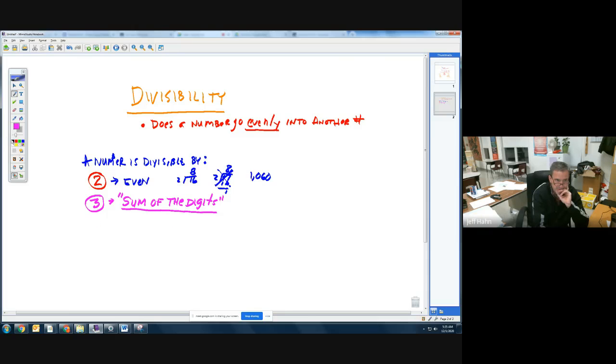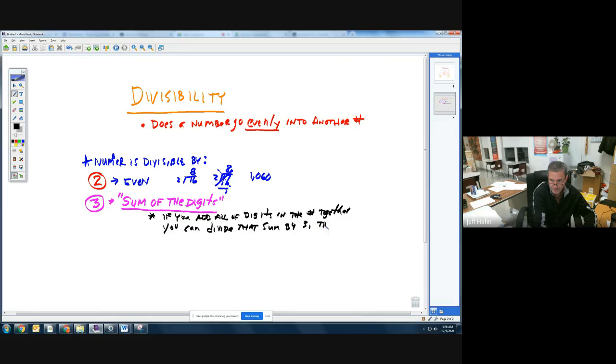Now, what does sum of the digits mean? It means this. Sum of the digits means if you add all of the digits in the number together, you can divide that sum by 3, then